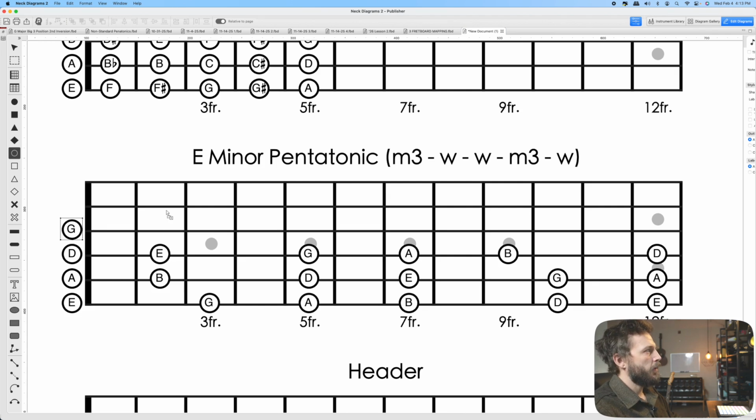We've got G. That puts us right here after the first minor 3rd. So we're going to go whole step, minor 3rd, whole step, minor 3rd. And we're continuing to build our E minor pentatonic scale on each of the strings. Here we have B, that puts us right here. We've got to move minor 3rd, then a whole step, minor 3rd, whole step,